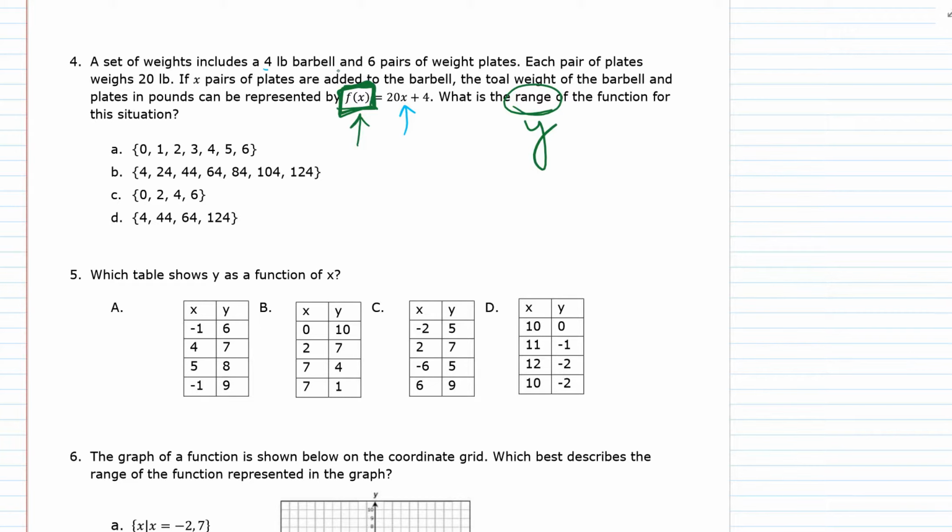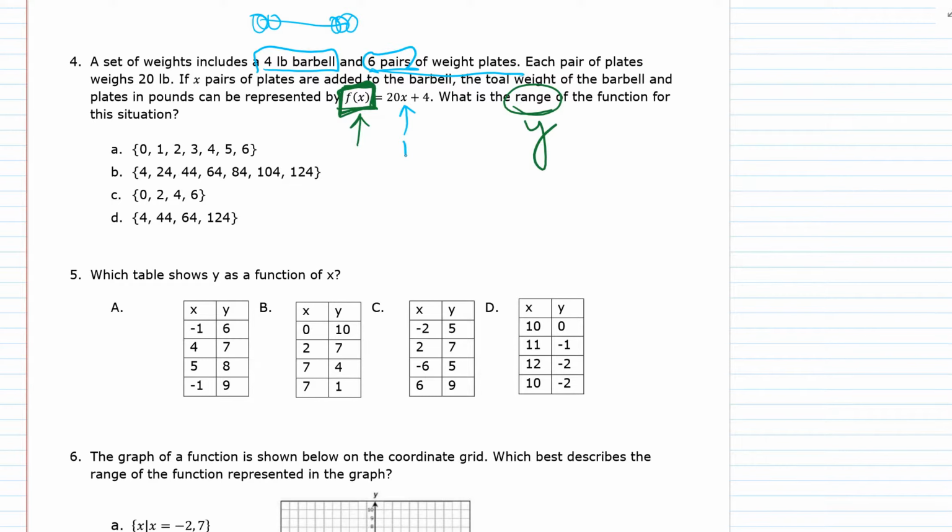Set of weights includes a 4-pound barbell and 6 pairs of weighted plates. So the barbell is the barbell, and then the weighted plates would go on the ends as weights. So what is the range of the function that can be added in? Well, what if we add 1 pair, 6 pairs? So if we add 1